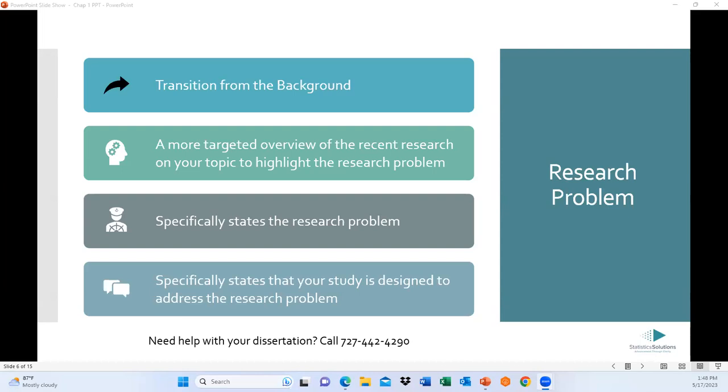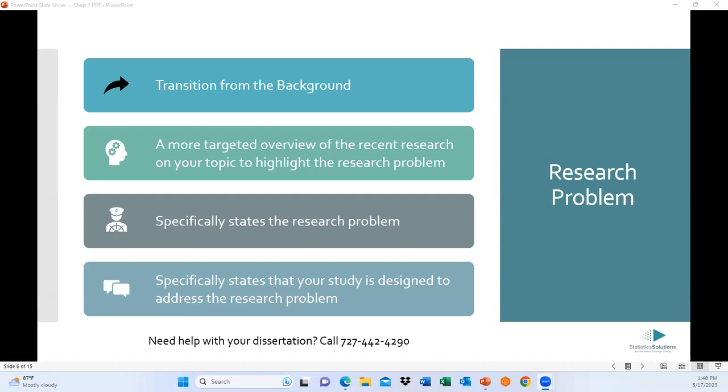Then you have to go to the literature and see, okay, what is on this topic that you're interested in, or this topic that you've seen as a problem in your personal experience or your professional experience. Go to the literature, see what the research says about it. And then you can start to develop a research problem based on your interests or observations, to see what's been conducted, what information we have, and the information we still need to get. So that's kind of an overview of the research problem.